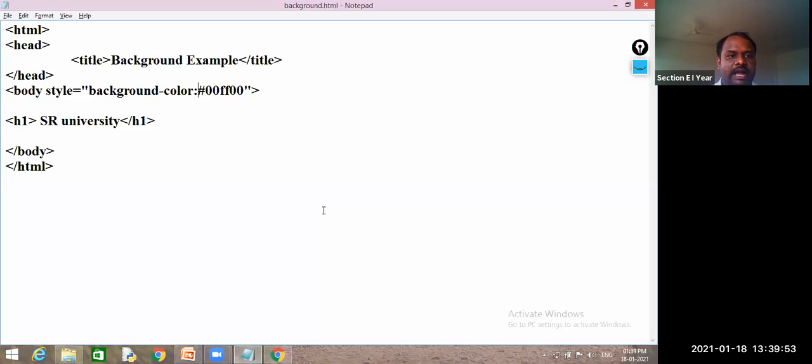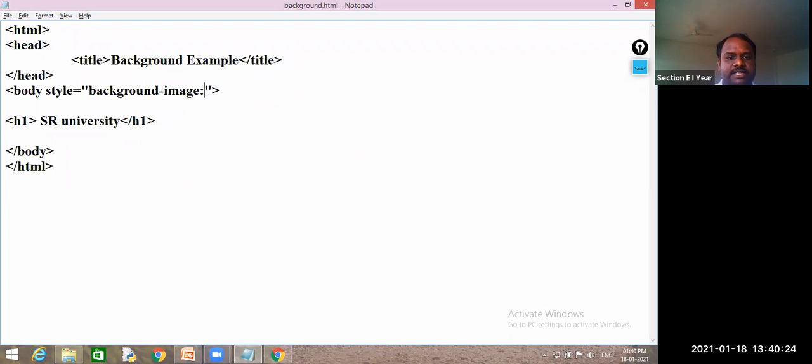So here we have another property, that is background image. Background followed by image. By using that, you can give the image. So here I am removing this one, and don't write shortcuts, write the full name: background-image, followed by the image name.